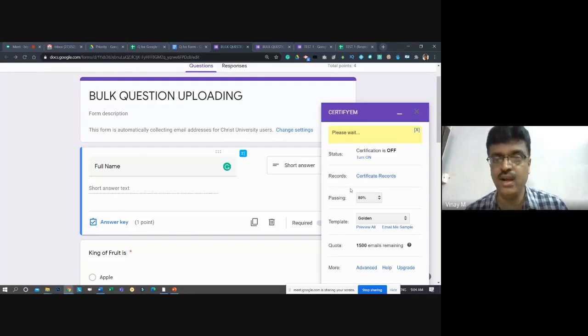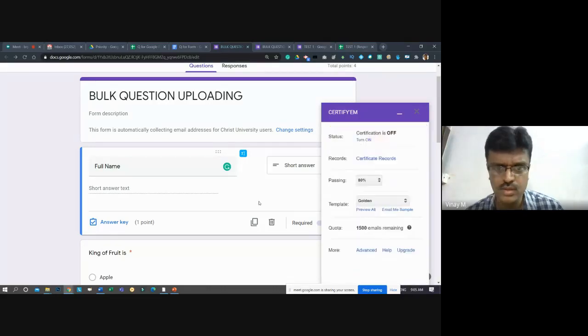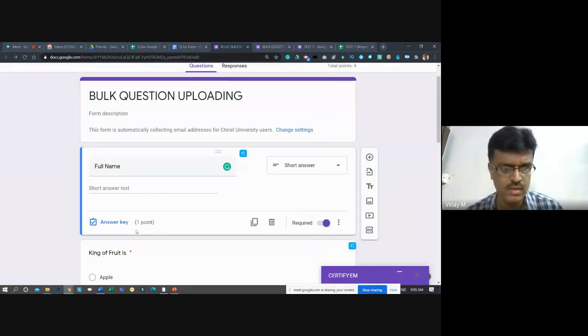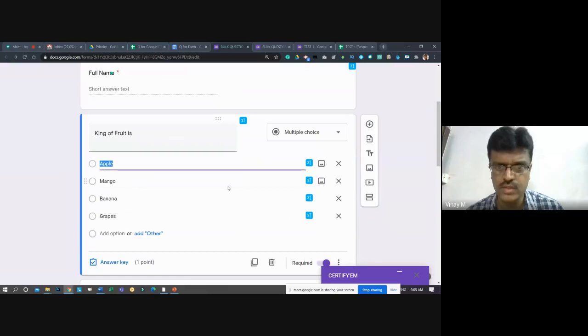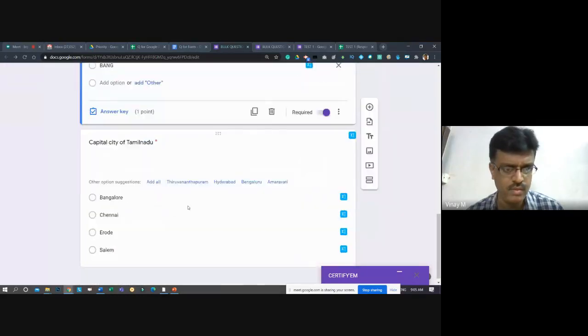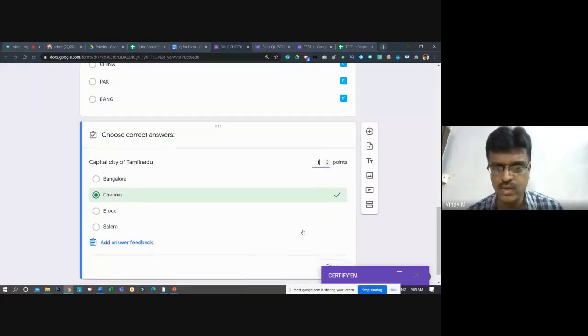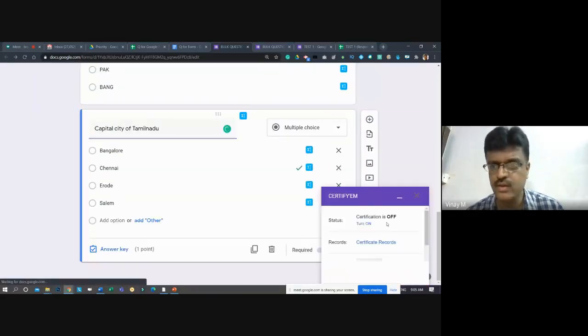Second, all my certificate records, whoever gets it, will be in this Excel file here, and that's okay, I will see it. I have made the question to collect full name worth 0 points. 1 second, something with 0 points is there. 1 point, 1 point, 1 point. Here, see, it says this should be made 1 point. Done. Try again.